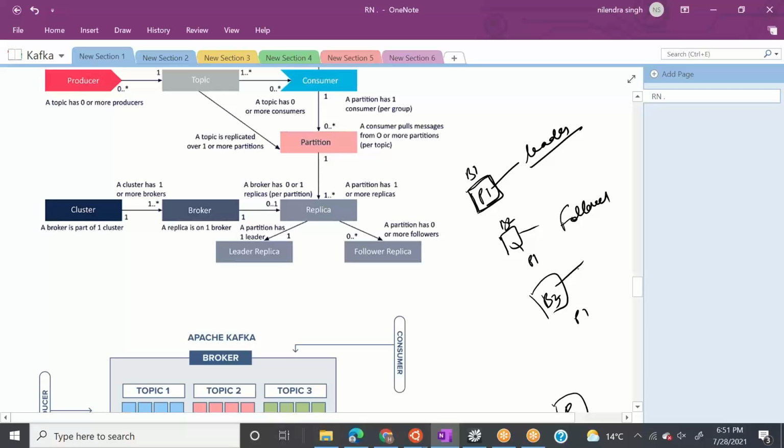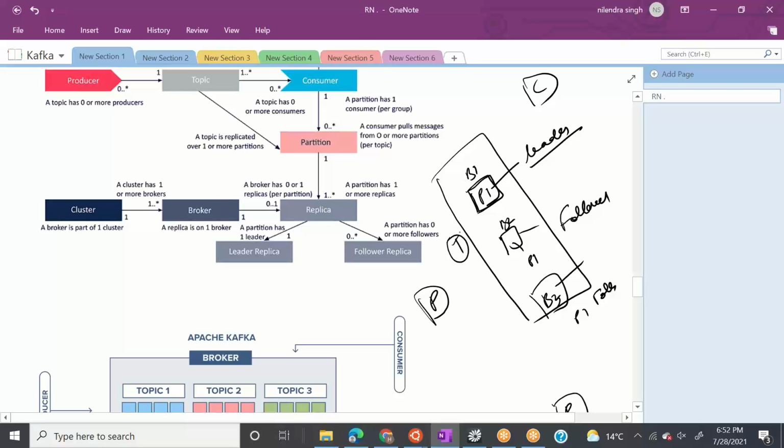I will explain it in detail, but this is what Kafka says. So Kafka says, I will assign one of them as leader and the others are followers, right? Now, the question arises, what is the benefit of this? The benefit of this is, see, this is your Kafka cluster. This is your producer. This is your consumer. Producer is producing messages to the topic. Topic is writing messages to P1.